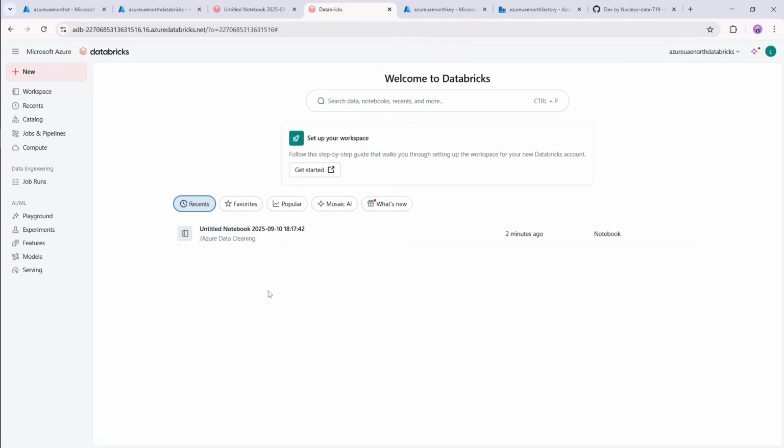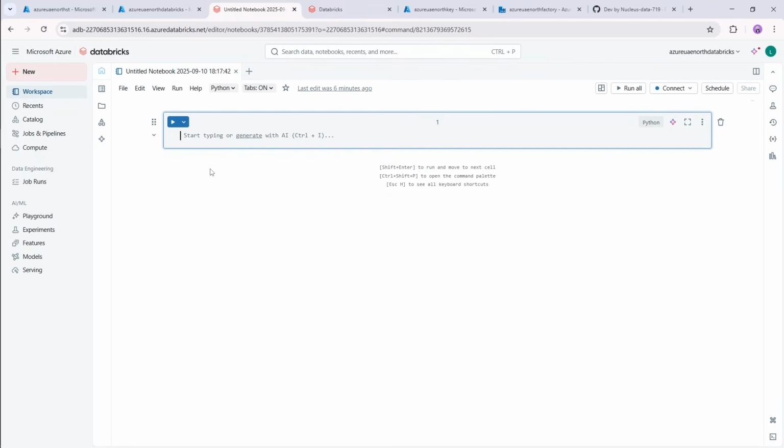Now that the key vault and Databricks secret scope are created, we will connect Azure Storage account to Databricks and then do data cleaning there. Now mount storage account to Databricks. First, change the notebook name. That will be Azure sales